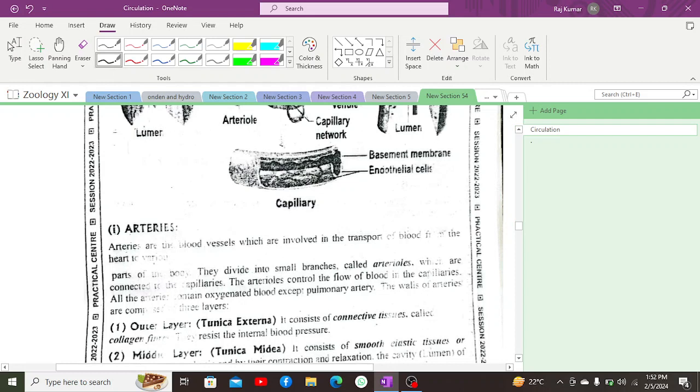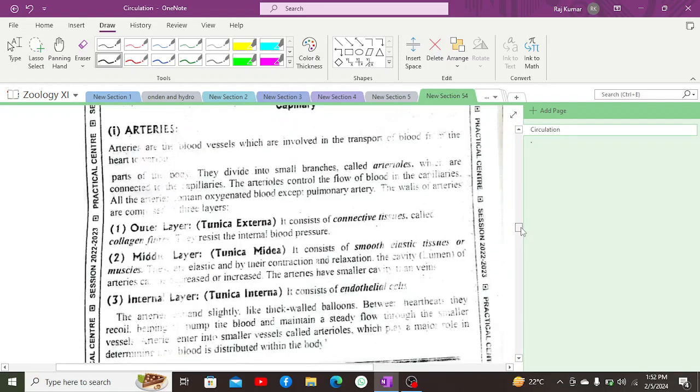First and foremost, arteries are the blood vessels which take blood away from the heart, and these are present in different parts of the body. They divide into small branches called arterioles, which are connected to the capillaries. The arterioles control the flow of blood in the capillaries. Moreover, all the arteries carry oxygenated blood except the pulmonary artery as well as the umbilical artery,